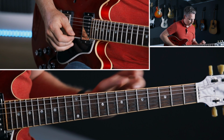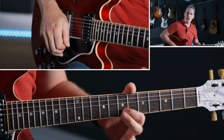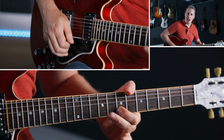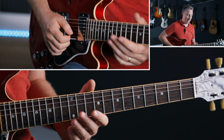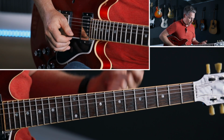There are different types of vibrato you can do here. So on this top string, you can get maybe that classic B.B. King wobble, quite fast vibrato. Whereas here, you get a very different type of vibrato, because I'm using my third finger now to do it, and I've got that classic rock vibrato there. So B.B. King might go,